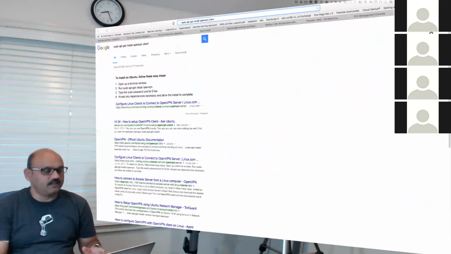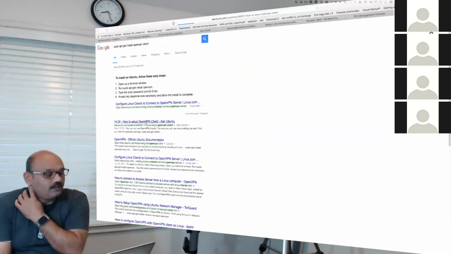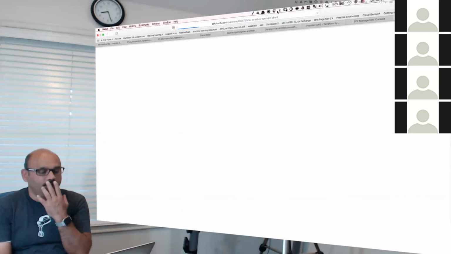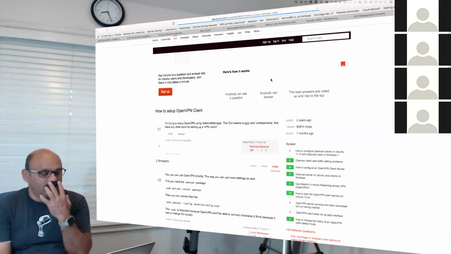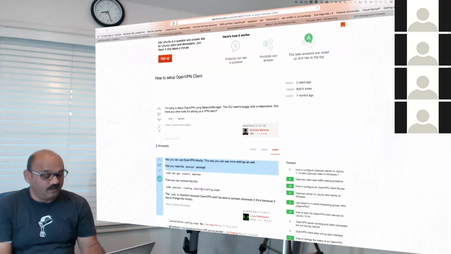So let us see if there is such a thing. How to set up OpenVPN client. There should be the method defined in here. It is popping up right now, and it will tell us exactly what is needed to set up. Yeah, there it is. So here, that's the command, apt-get install OpenVPN, and then connect to it. So the commands are,